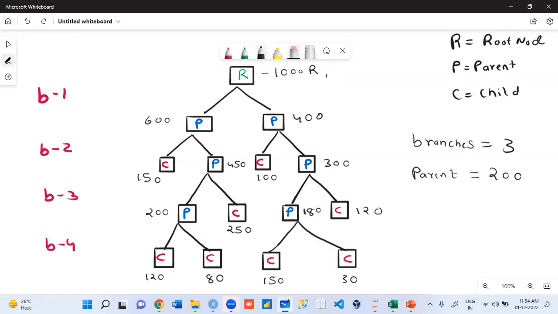Next one. We have child nodes. I specify every node that wants to become a child node should have a minimum of, let's say, 180 or minimum 150.